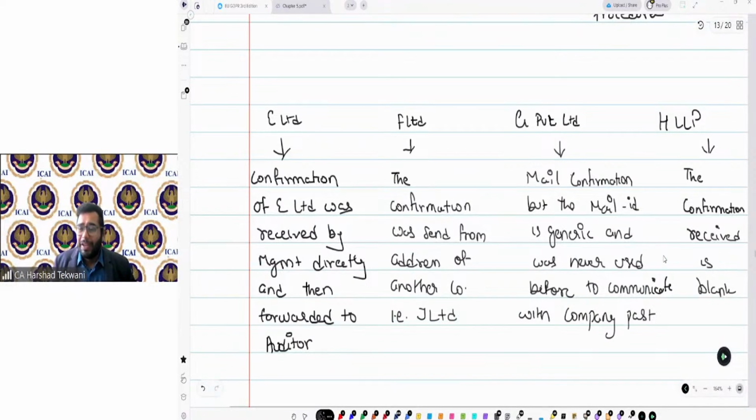The confirmation that you have received back is blank. Now, in all these scenarios, I could say there is an issue with reliability. Now, what will you do in all these cases? Let's take one by one, E Limited. What will you do in E Limited? Confirmation of E Limited was received by management directly and then forwarded to the auditor.